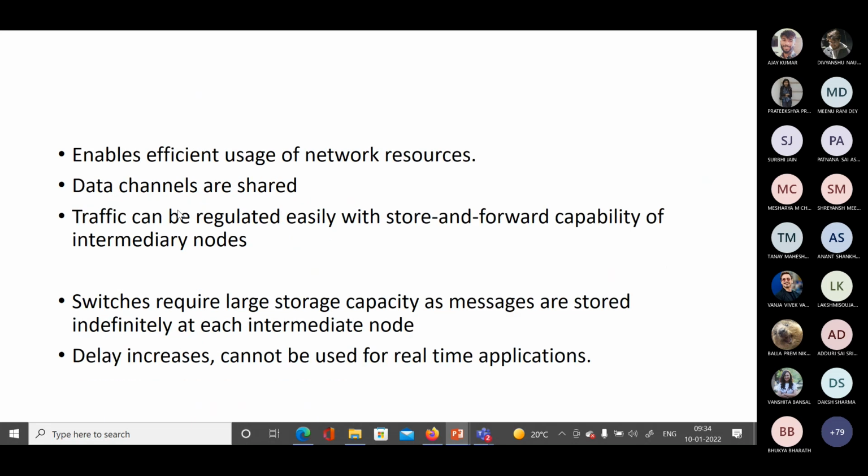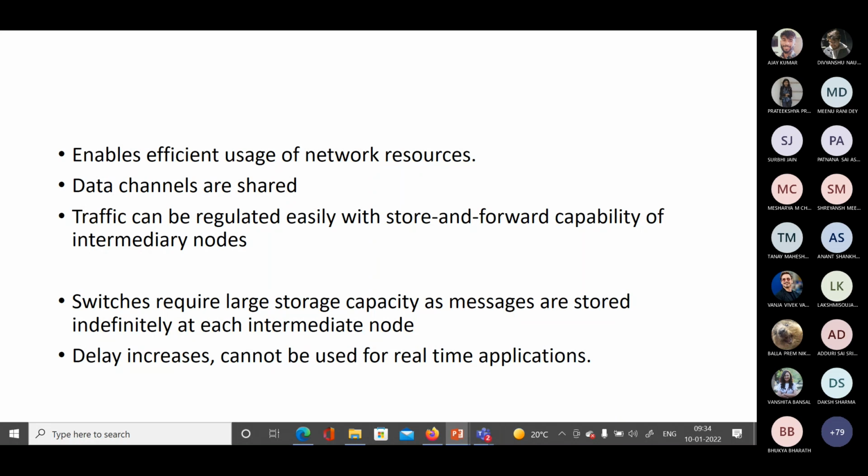So what will happen in this case? The good thing about message switching is that it will enable efficient usage of network resources, and the data channels will be shared. Since you are using the store and forward switching technique, the traffic can be regulated easily. But the problem, as I mentioned, is that since we are using the concept of messages here, the switches will require a large storage capacity, because the message size is determined by the network administrator.